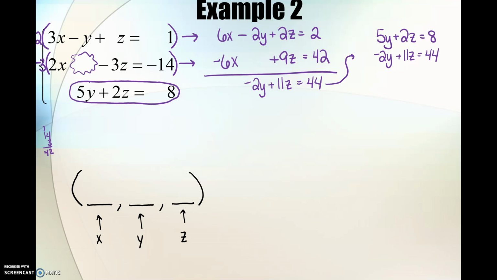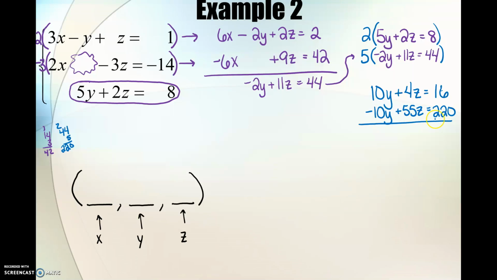Now I need to pick which variable we want to eliminate here. I like that we have a positive 5y and a negative 2y. I like it when we have a positive negative. What should we try to get these to be if we've got 5 and 2? 10. So we're going to multiply the top by 2 and the second one by 5. So take a moment and do that and eliminate and figure out what z is. Big numbers are okay when you're multiplying equations multiple times. You're going to end up with bigger numbers. When we add these together,